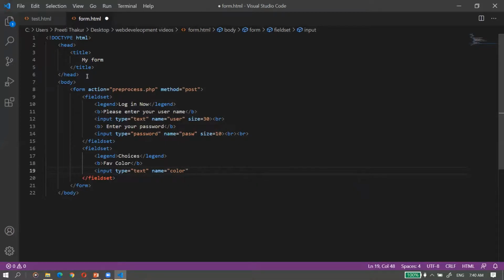and the value of this text is this, green. I can give a value, and then next is size. Okay,